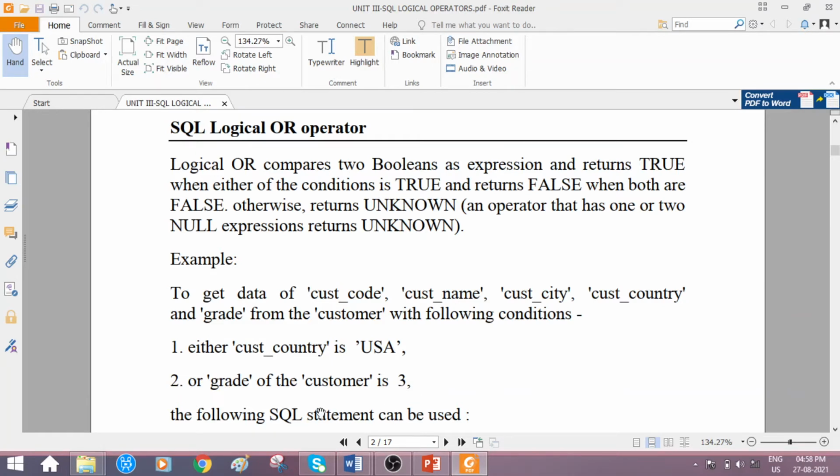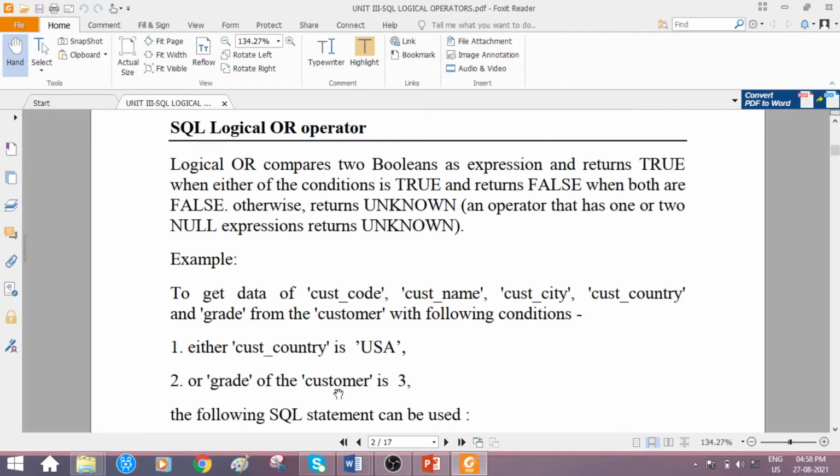So the meaning here is it is not required that the customer country should be USA as well as the grade of the customer also should be 3. Both the conditions may not be true. Either the customer country is USA, and if the customer grade is not 3, no issue. We have to display that customer detail. Suppose the customer country is not USA, but the grade of the customer is 3, no problem.